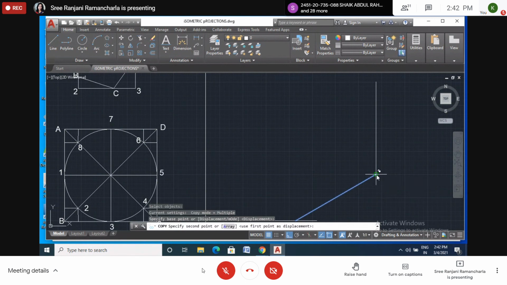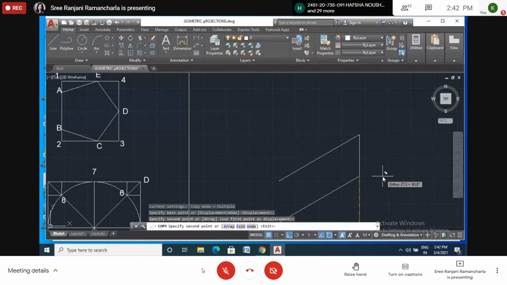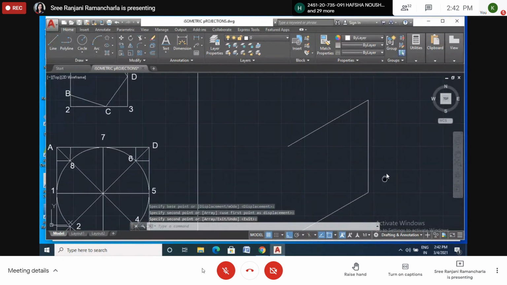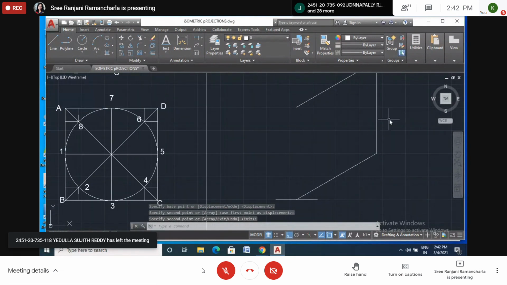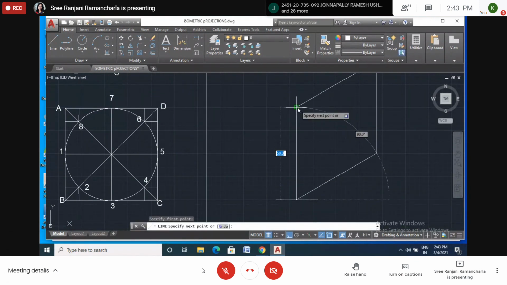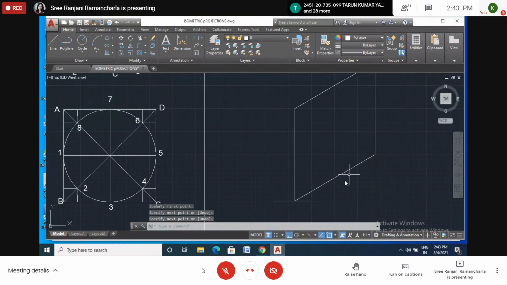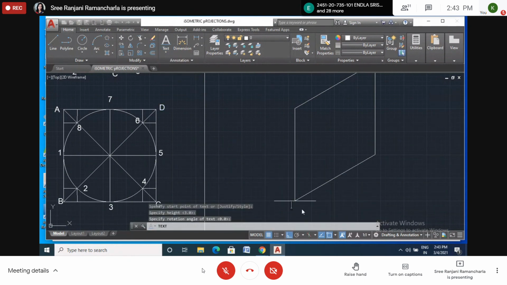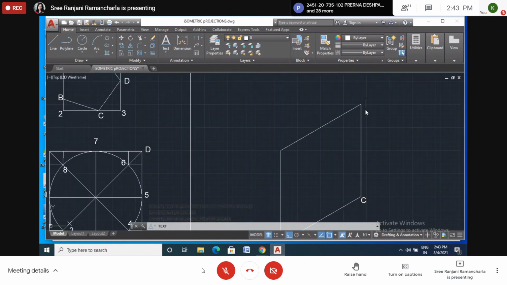Displacement. Enter. Copy. I copied it here. Now, if you want, you can use the copy command, or else you can draw the line. Anything you can do. Over. Now, this I have taken as B. This is B, C, B, and